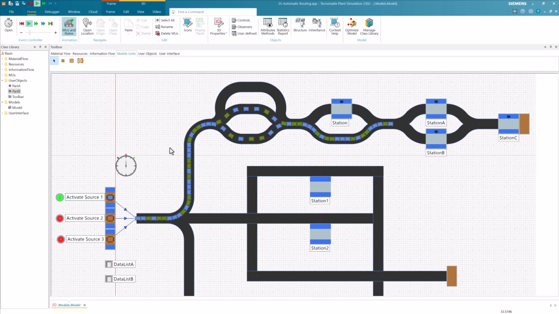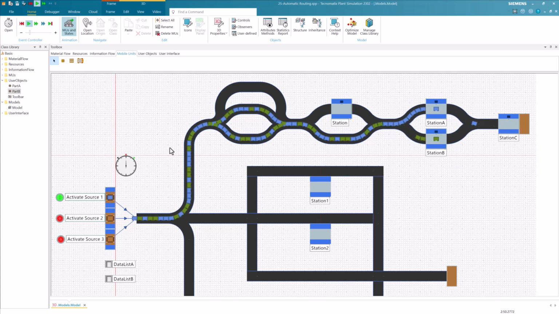We now observe that the parts automatically follow the route leading to their destination. However, two behaviors become apparent. At the first junction, the parts no longer use the upper conveyor, as this route is not the fastest one. Additionally, we can observe that when there are two successors which are equally fast, the parts are distributed according to the exit strategy of the preceding conveyor.